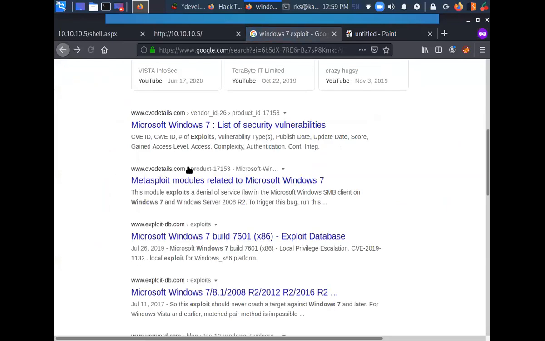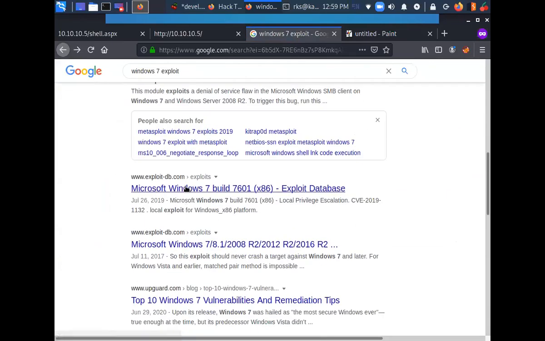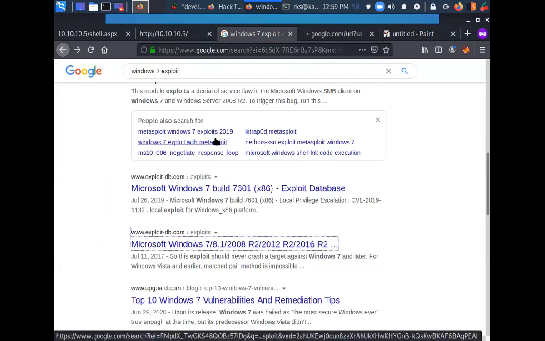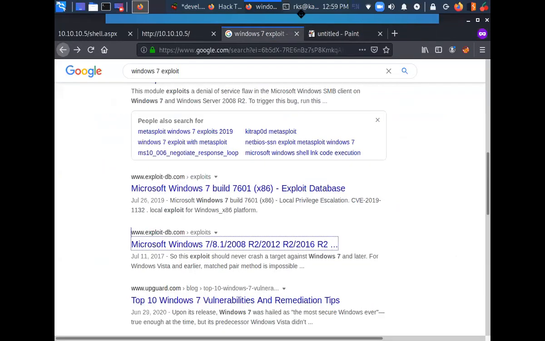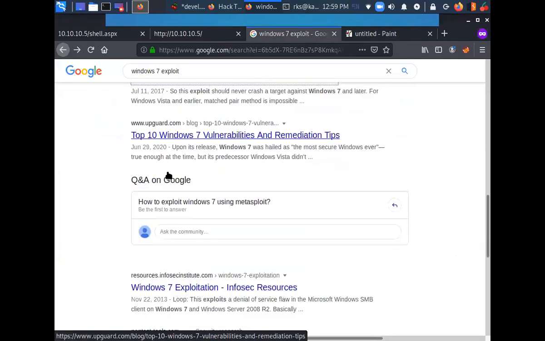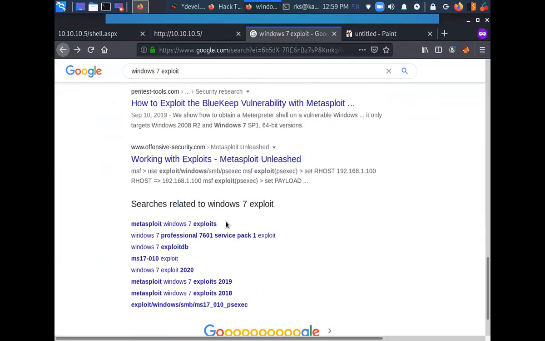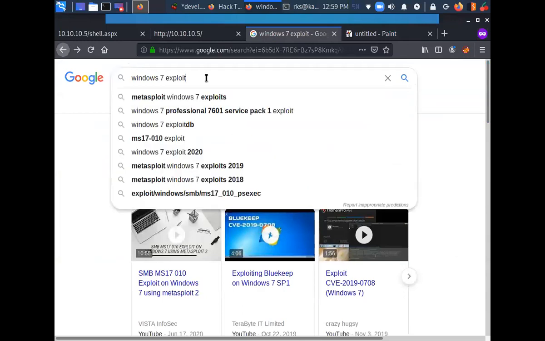Let's look for something old. Eternal Blue, no. Or let's just do one thing, Windows 7 exploit.